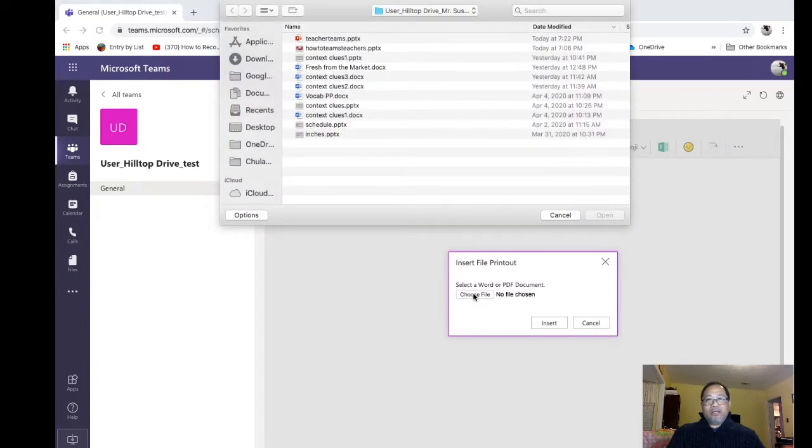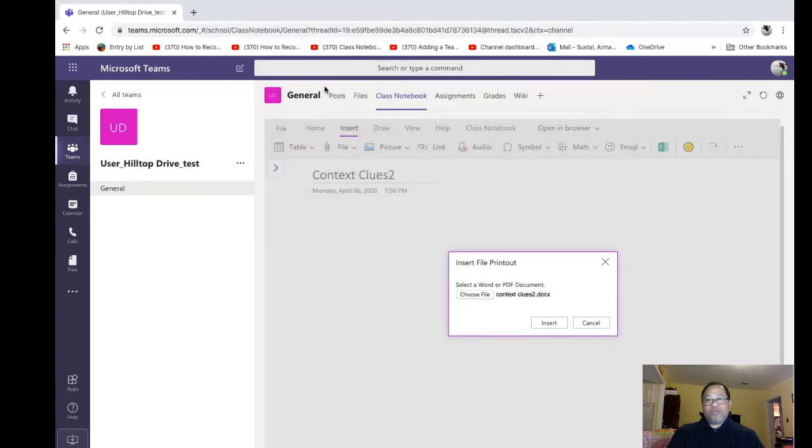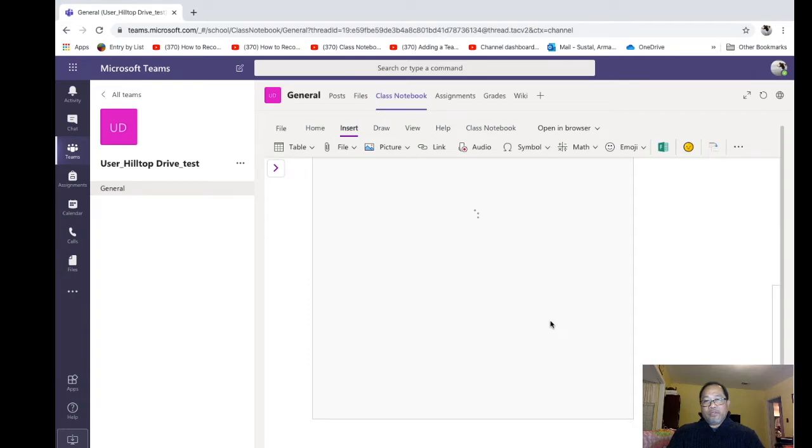Everything I work on in regard to Teams, I actually store in one place, and you can actually store it onto your page. So take a look up here, user Hilltop Drive, Mr. Sustal. So it's actually stored on my Teams page. You don't have to do that. I'm just letting you know that that's where I store everything. You can, if you want to, put it in your docs folder, that's fine. Now I'm going to insert the assignment,